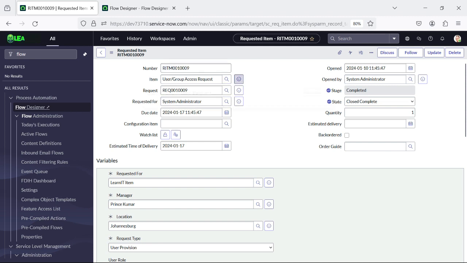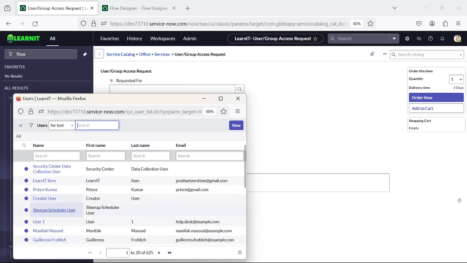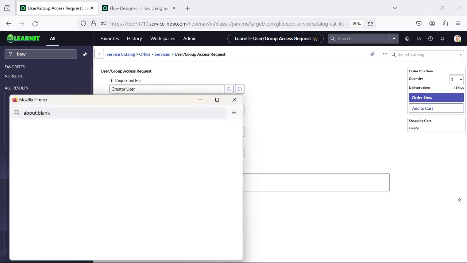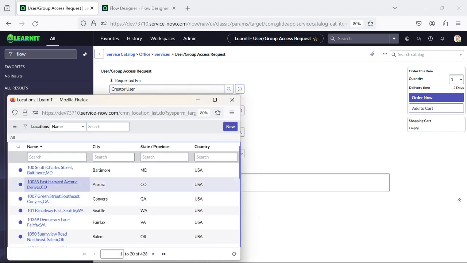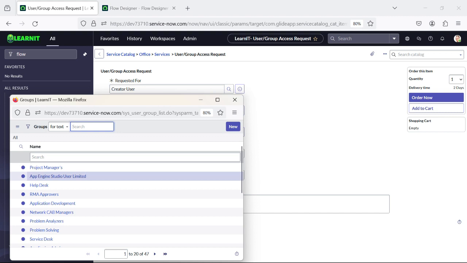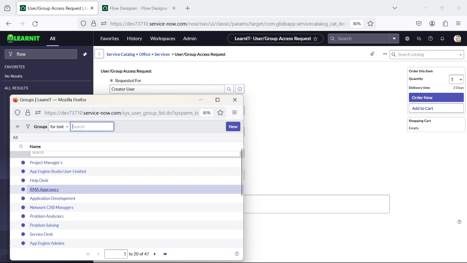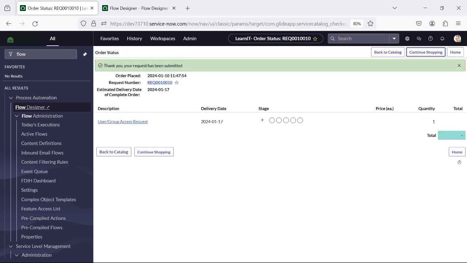Now let's try to test our group provision access, where we have written 2 levels of approvals, right? So let's test that as well. So now manager, I will select this user, and location can be anything. And now here I will select some group. I will select ITSM app dev. So this group has a manager, group manager. That's why I have taken this group name. As soon as I have clicked on order now,